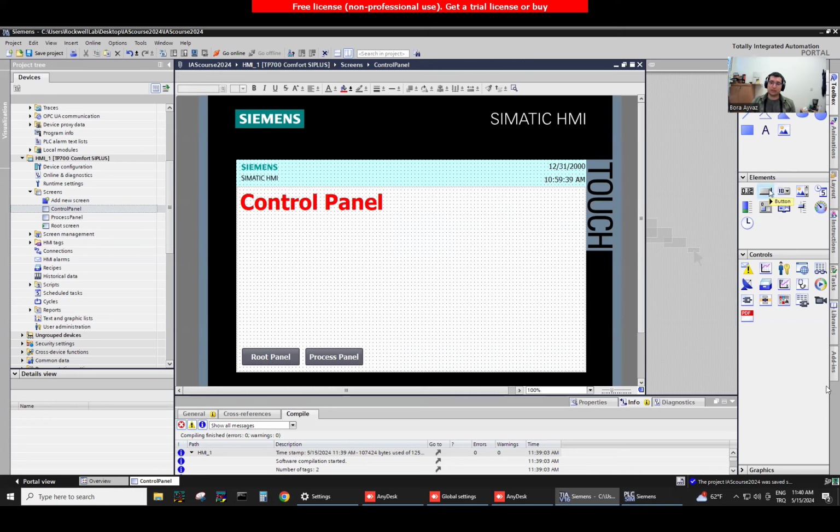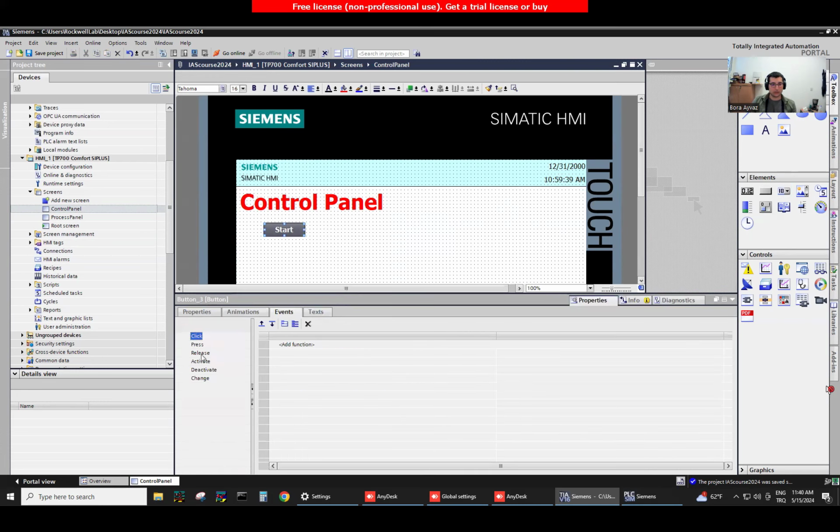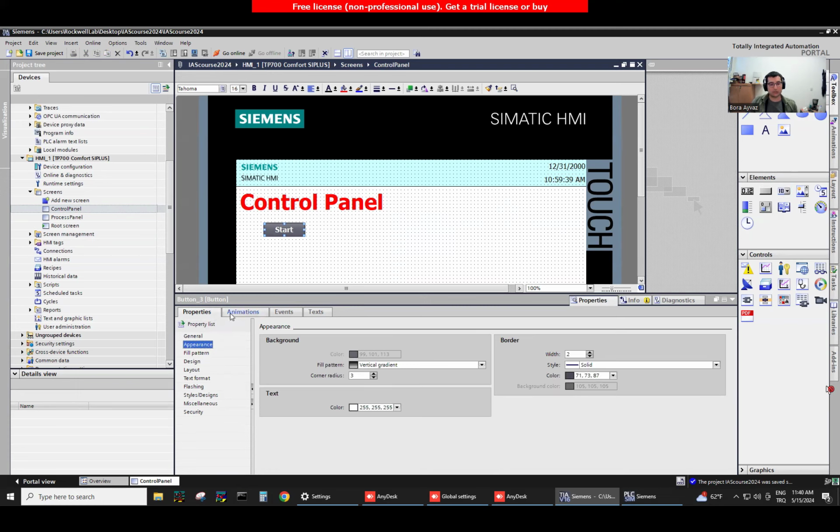For that, I'm adding another button here, and this will be our start button for our little application. Again from its properties, I want to change its appearance, but I won't change its basic appearance. I will add an animation for it. For start,